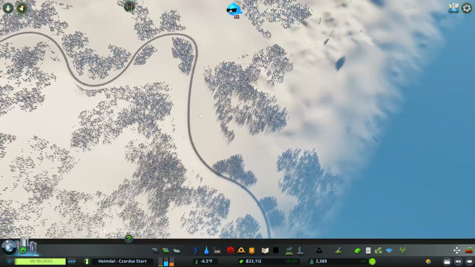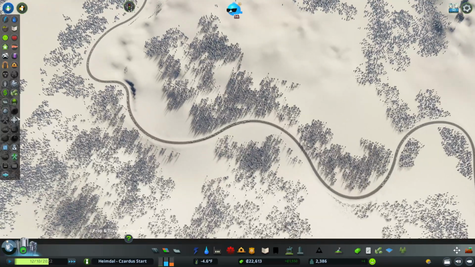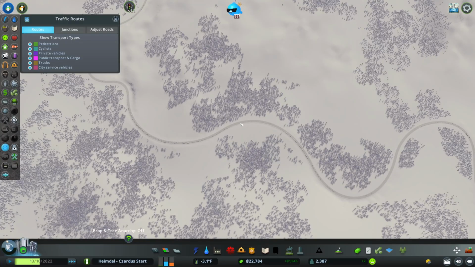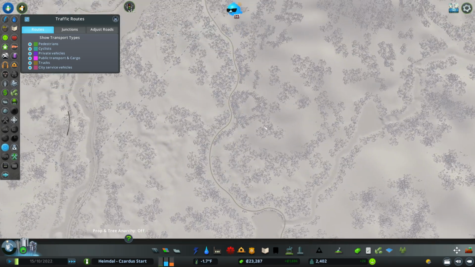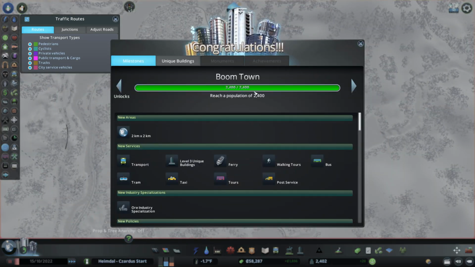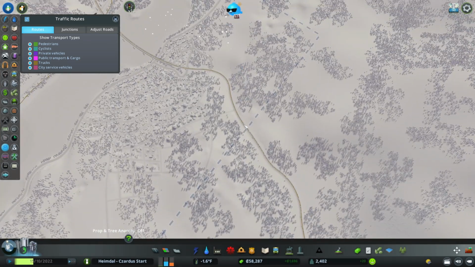So here you're going to have a lot of traffic that is going through here, and we can see that by going here to the traffic routes. But we can't click on that because it's out of our map. Hey, Boomtown, look at that. We get a few more things. If we click here,